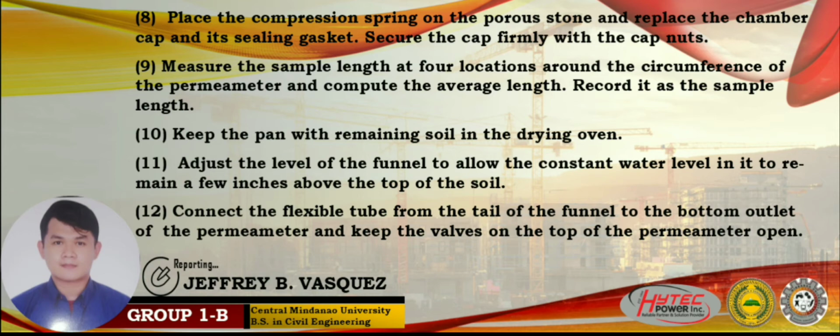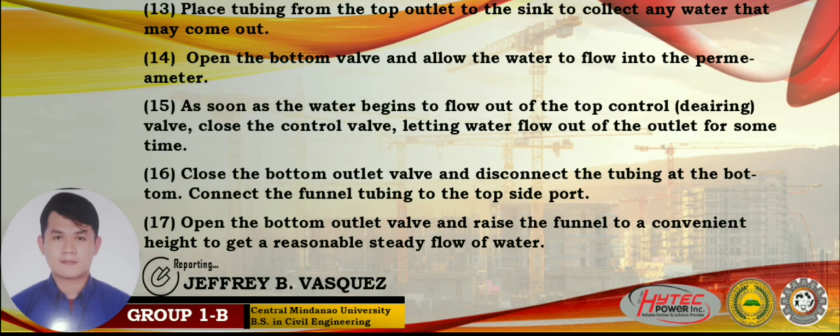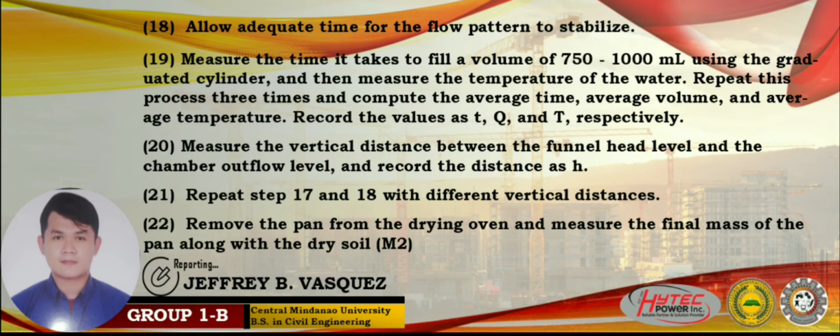Adjust the level of the funnel. Connect the flexible tube from the tail of the funnel to the bottom outlet. Then place the tubing from the top outlet. Open the bottom valve, and as soon as the water begins to flow out, close the control valve. Then close the bottom outlet. After that, open the bottom outlet. Allow adequate time for the